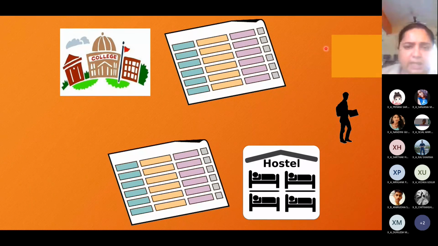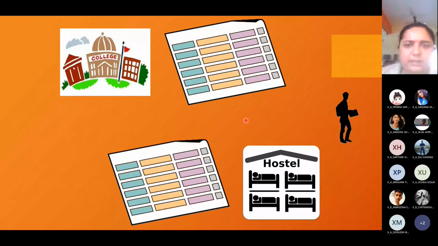Neither of them is using a database, they don't even know what a database is. What they have done is taken a file, like it could be a text file, a Word document or an Excel spreadsheet, right? And within that Excel spreadsheet, they have stored the records of all the students who study in the college.